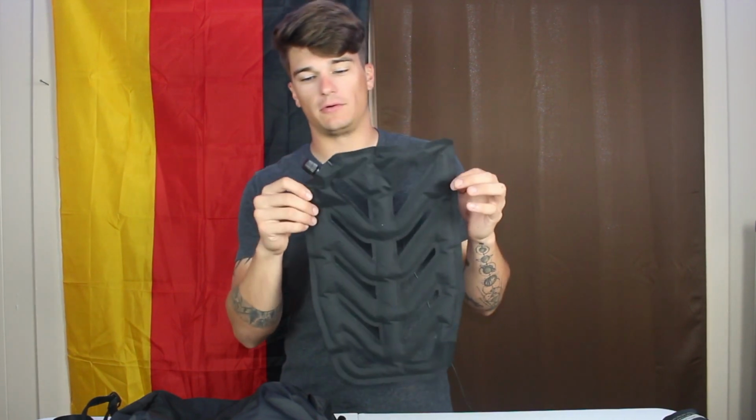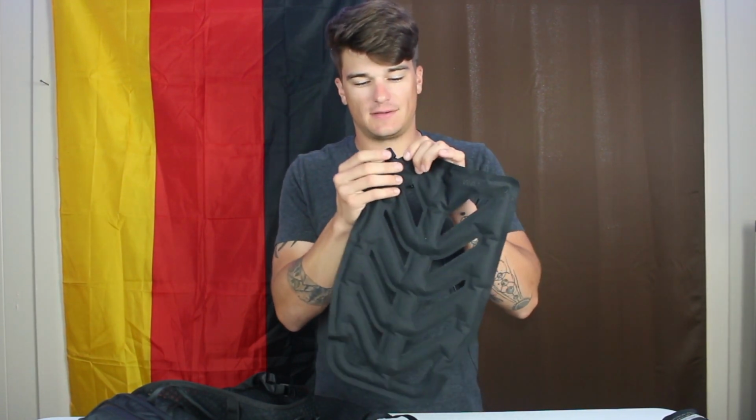Okay, let's talk about the inflatable features. The first one that they have is their inflatable back panel. Now, the thing I will say about this is for some people, it might fall a little flat. Get it? Because you inflate it and it's flat. So I really like the idea behind this. The only thing is it's not as sturdy as I want it to be. It's just a quick,